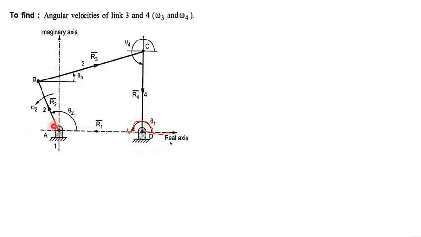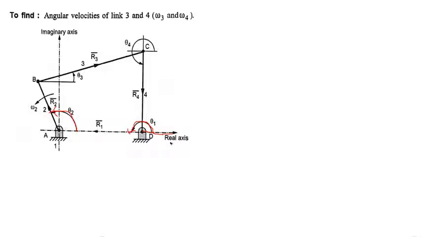Coming to the second link, that is the crank, for the link AB we need the vector B with respect to vector A. Since A is fixed, we have to find vector B with respect to vector A. Therefore, the direction should be towards B, and I will call this the R2 vector, with magnitude R2. Then the angle with respect to the real axis: this is the real axis, and since we have to measure in the anti-clockwise direction, this is nothing but theta 2.